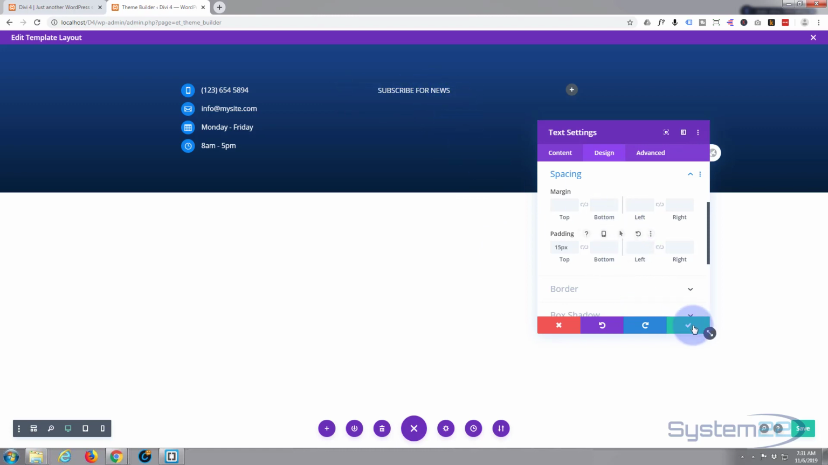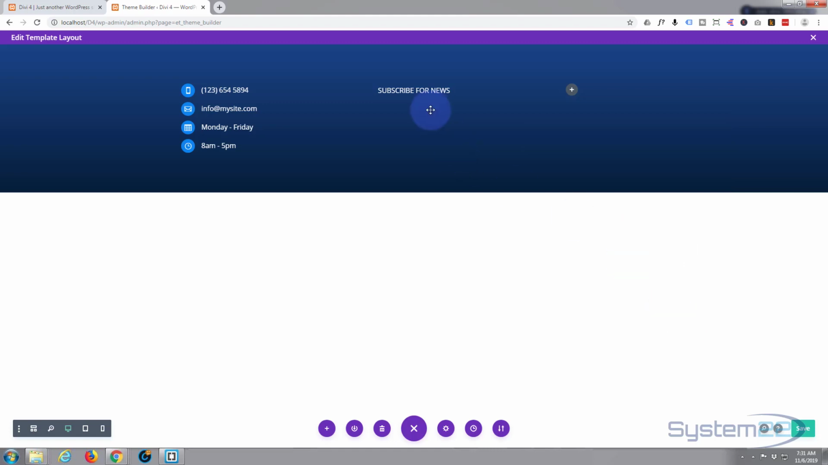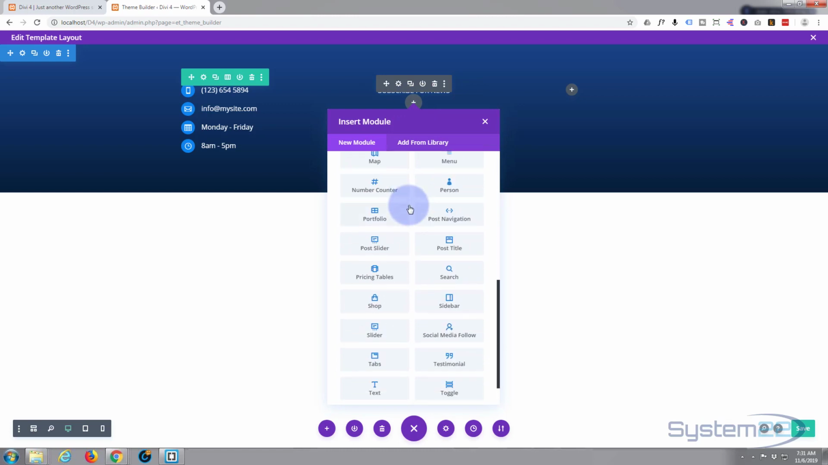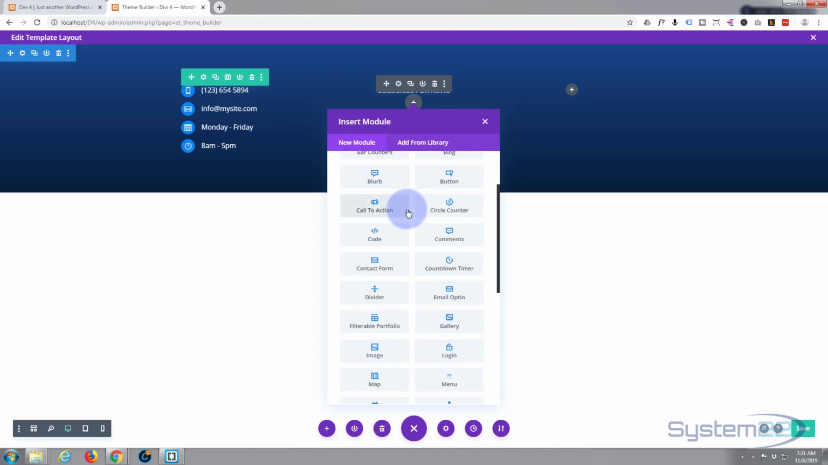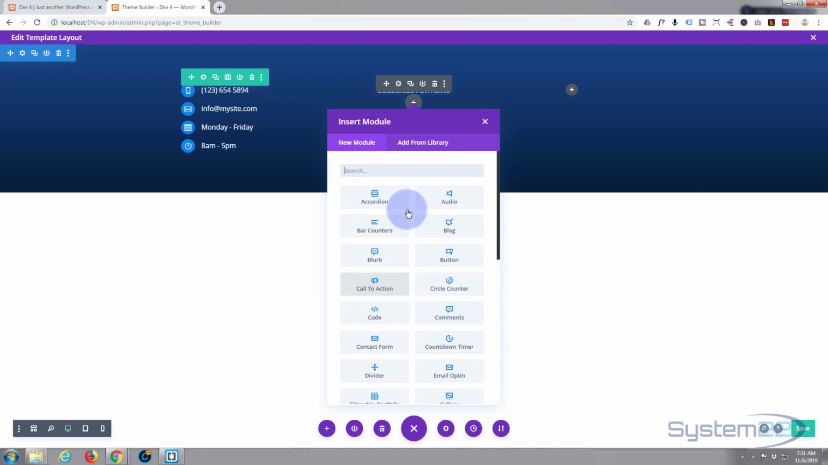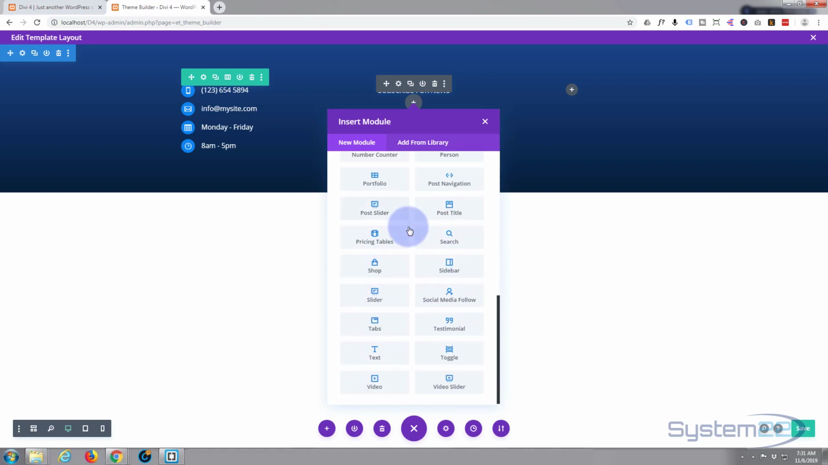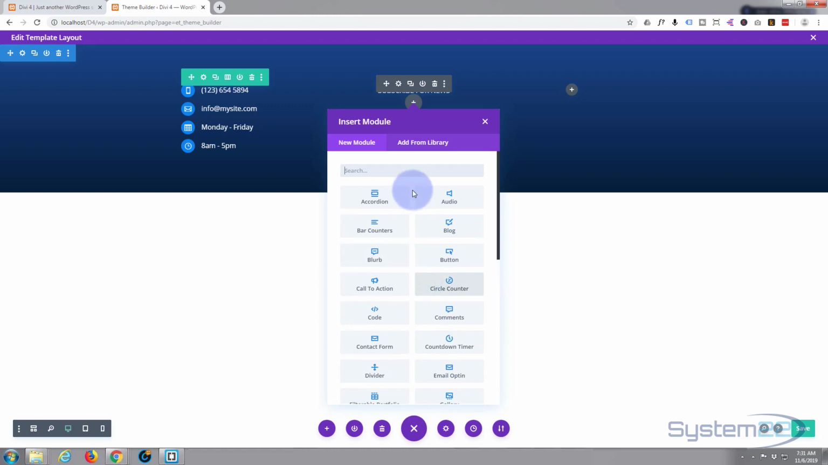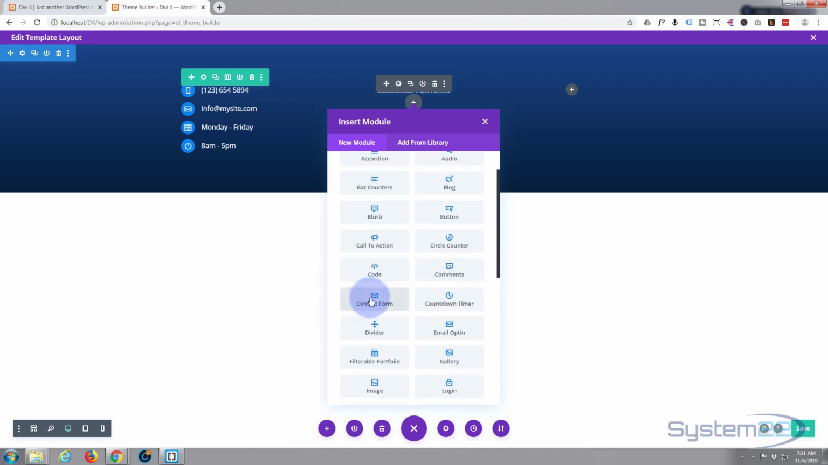Well, we want some kind of form. Let's just save this. Let's add another module. Little black circle there will add a new module. And by default, Divi comes with all these modules. If you've got a shop and you've got WooCommerce installed, they've got another, I think it's 16 WooCommerce modules that will appear here that really work well. So let's put in a form, contact form,